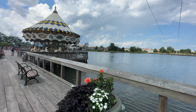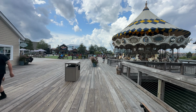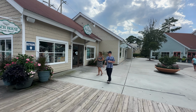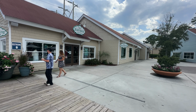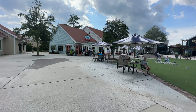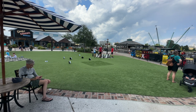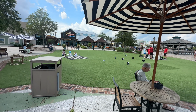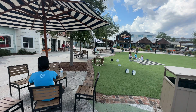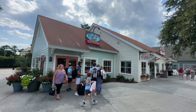As we come up to the carousel, which has 41 different animals, it does come in at $6 a ride. Up here on the corner, you have the Beach House Myrtle Beach store, which has a number of different things in this store. And I wanted to show you this open field area. You can see some kids playing chess and checkers. The little barefoot amusement train is riding by that you can hop on, and we come now to River Street